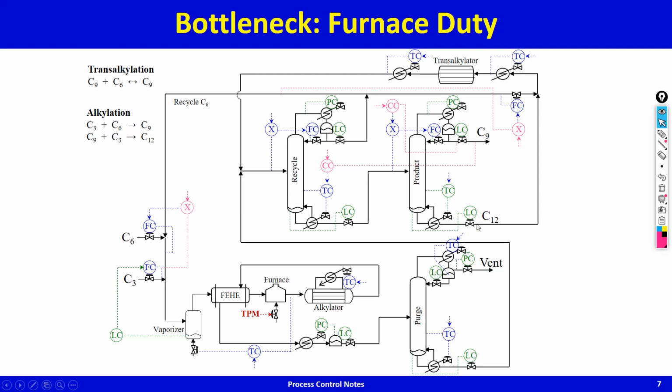What else would make a good example? Okay, let's say you're limited by your capacity to recycle C12. As you try to crank up production, too much C12 gets generated, and because too much C12 gets generated, this valve maxes out. So if this valve maxes out, that is your bottleneck. What should be your plant-wide control strategy? I mean, you can choose these kinds of examples and see what needs to be done.